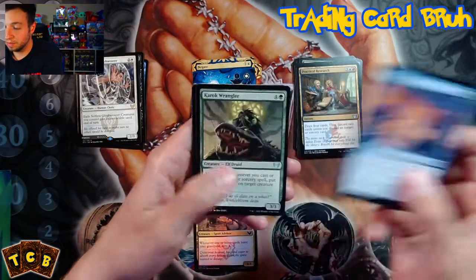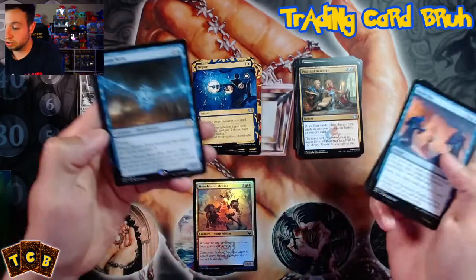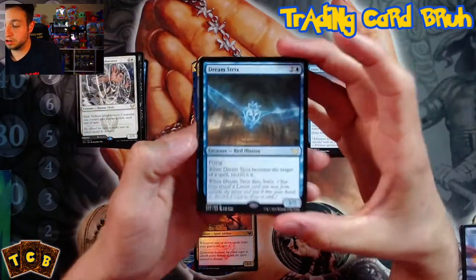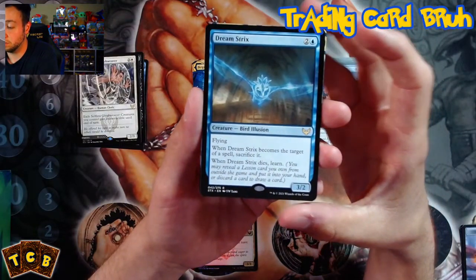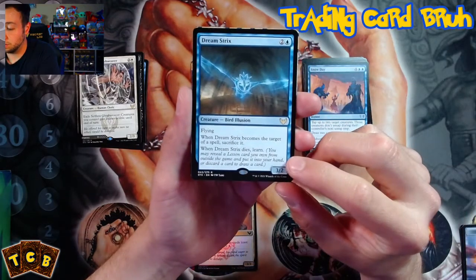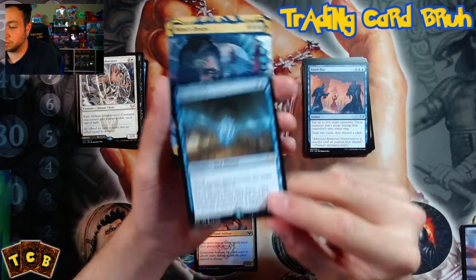Snow Day. Karok Wrangler. Start from scratch. Dreamstrix, okay. Flying. When Dreamstrix becomes the target of a spell, sacrifice it. When Dreamstrix dies, learn, which is you may reveal a lesson card you own from outside the game and put it into your hand or discard it. Okay, that's pretty OP. And for only 3, that's not...